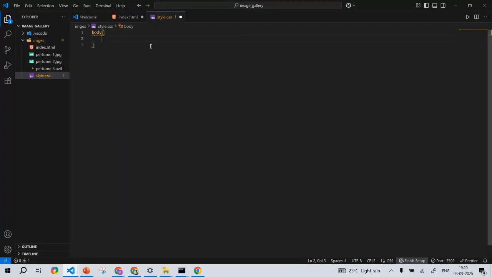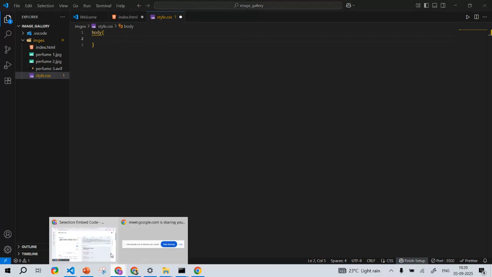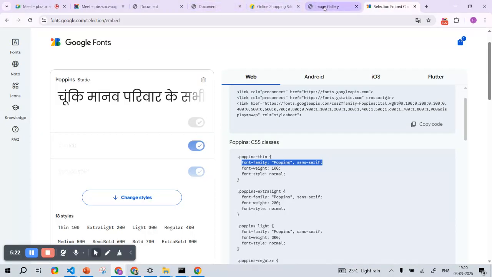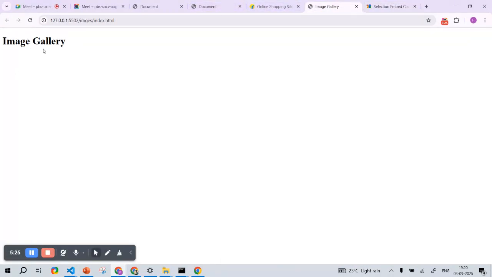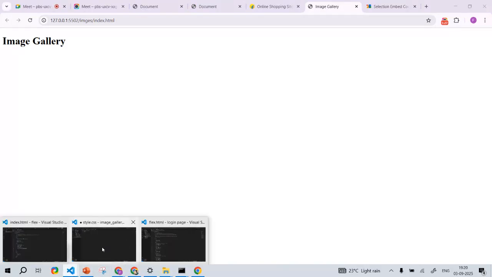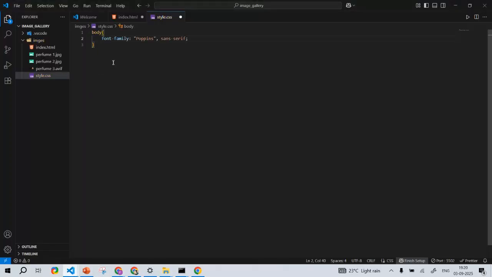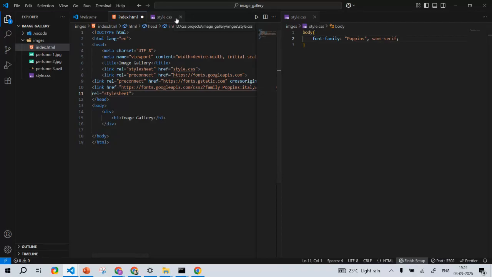You need font. See the difference of the font. It was there, different style. It is the different style. If I paste that font family, if I save, it will change. If I save,